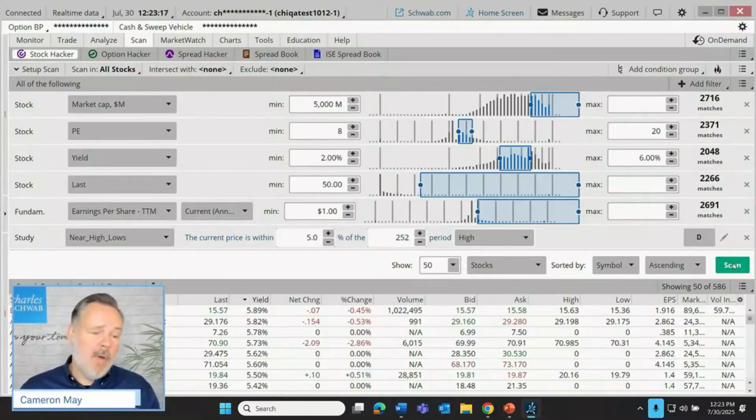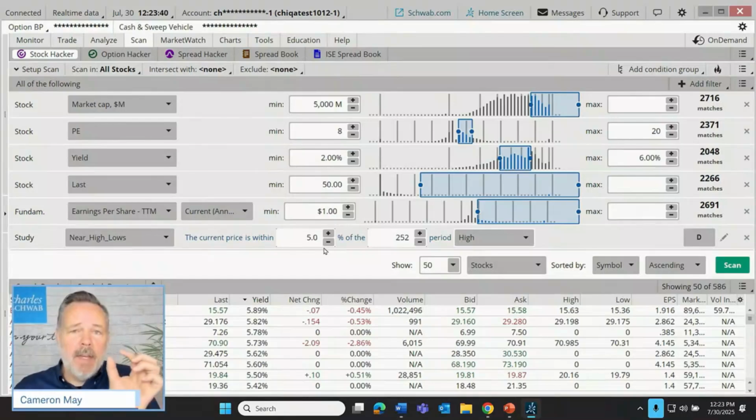Before I hit scan, I want to prepare us emotionally for something. Lots of investors and traders have lots of ideas about what constitutes the perfect company or the perfect stock and the perfect combination of stock characteristics. Sometimes perfection is unattainable, however we choose to define it. And if we go stacking up a bunch of different criteria, or we're very demanding with specific criteria, pretty quickly, the list of potential candidates evaporates to 0.